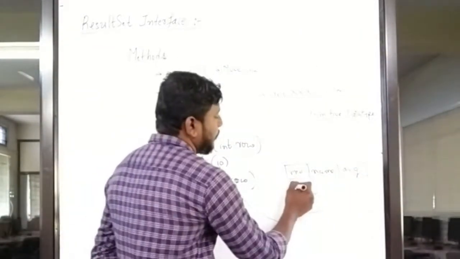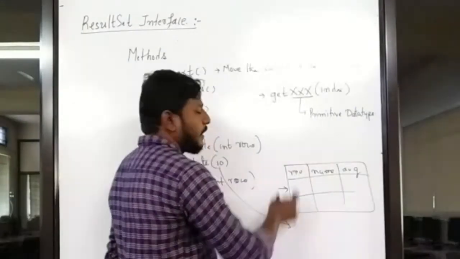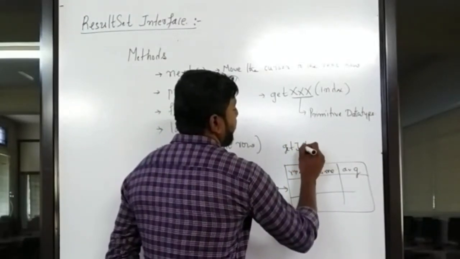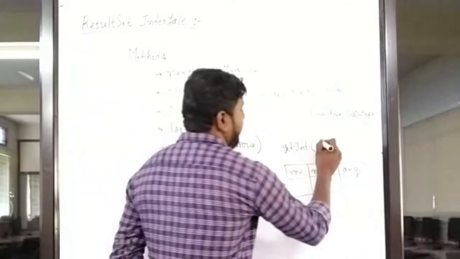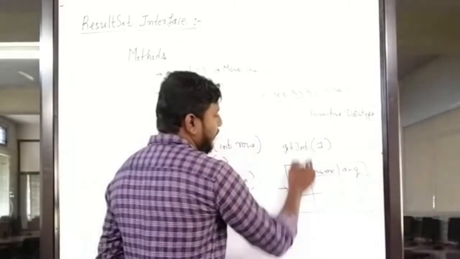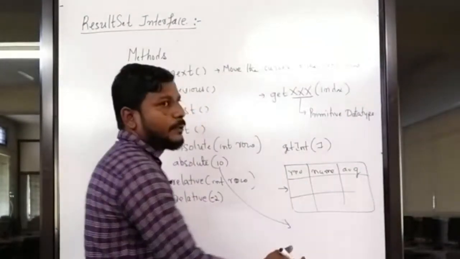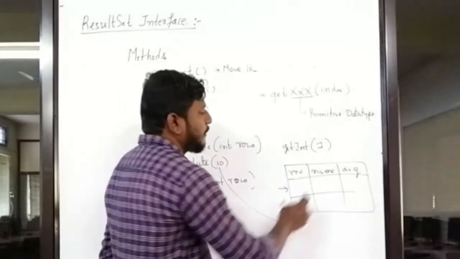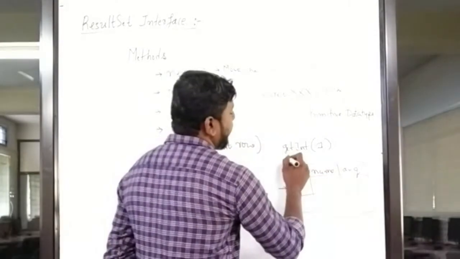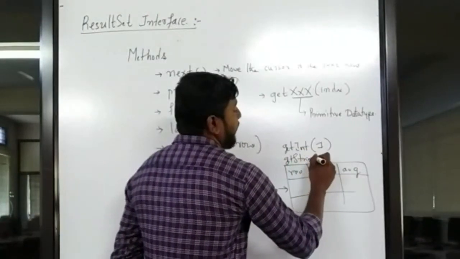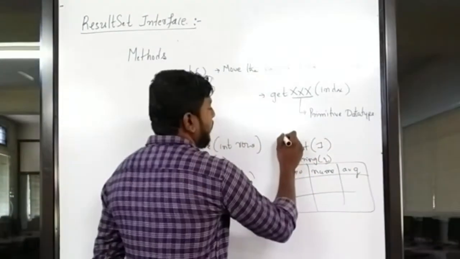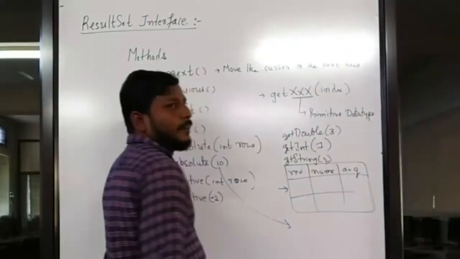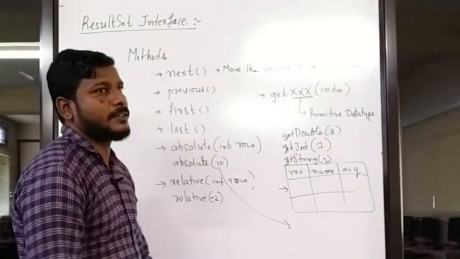Okay, to get the value of any row or a particular column value, you can use getInt with the index value, that is getInt(1). Now we get the information of the row where the cursor is pointing, so in that location we will get the value. For the second one, say it's a string, you can use getString with index value 2. Similarly for the third one, say getDouble(3). So by that you can get the values.